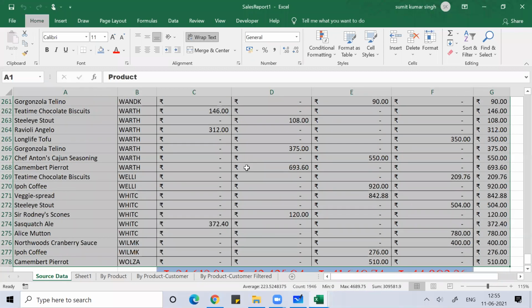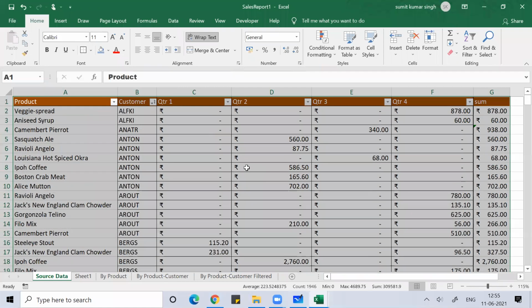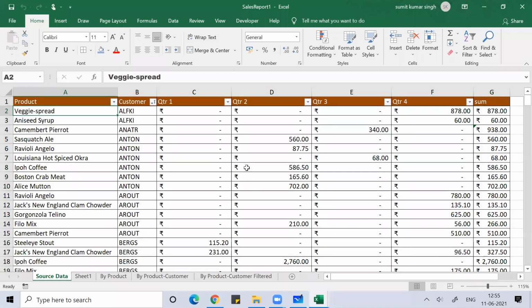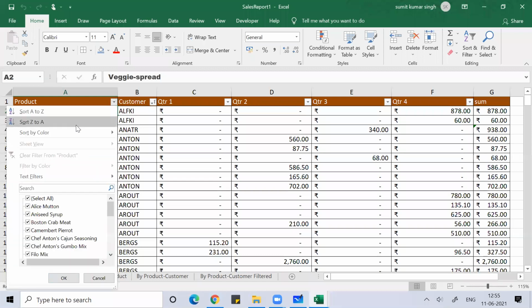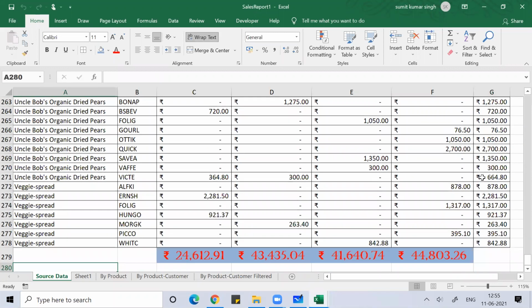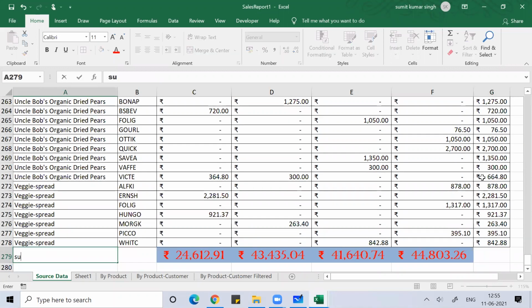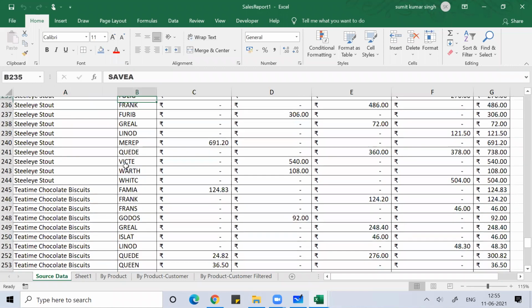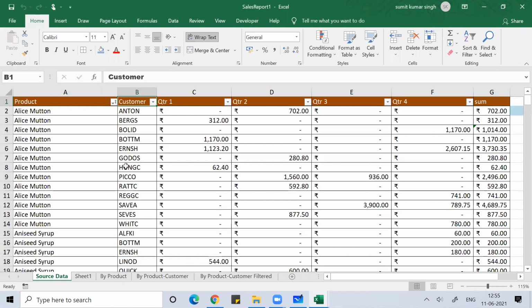So Alt H B E, Alt H B A, proper border and all. This product, now sort A to Z. I got everything with some value. So this sum I got. Control down arrow, I can see this sum here. I can write Sum here. I wrote Sum. Now I can increase the font size of that. So I can put a color for this. That will make more sense to me. Clear everyone? Any doubt anyone?